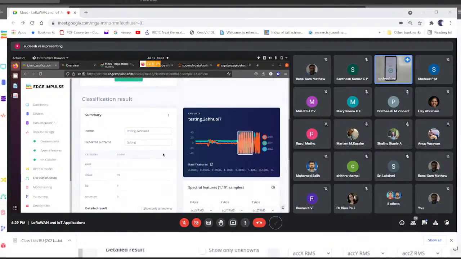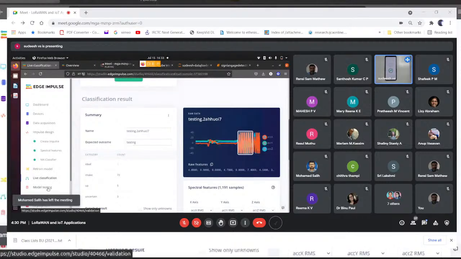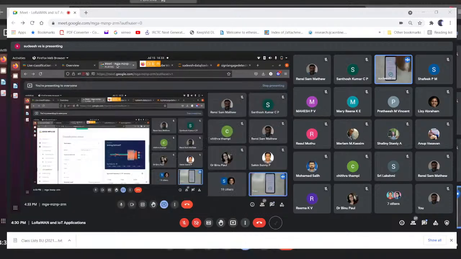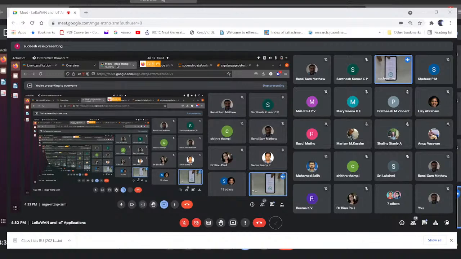Okay, this is a live classification in our edge devices, getting the live data. So if you need to deploy the model into your mobile, you can go here. You can see my mobile. There is an interface here. You can see switch to classification mode. So I switch into classification mode. It will download your model already built in your dashboard.